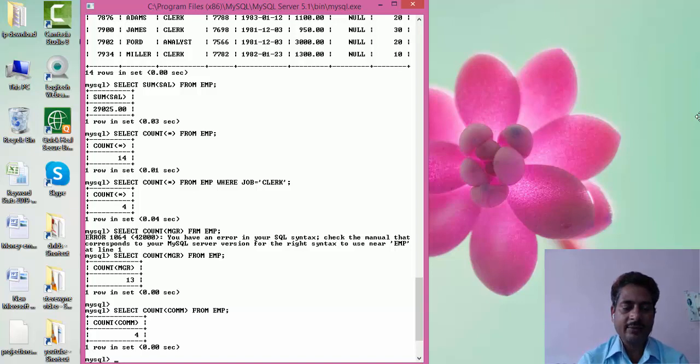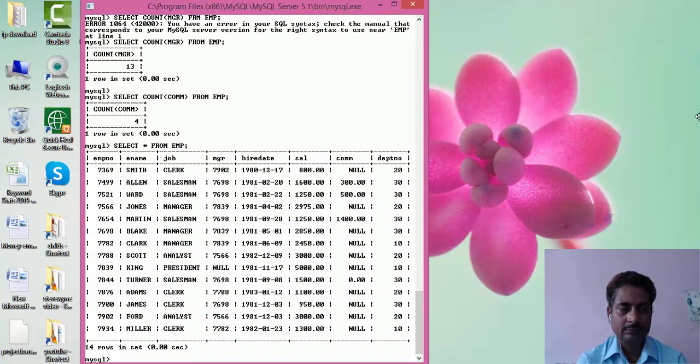Then finding the maximum value. Select max to find the maximum value.